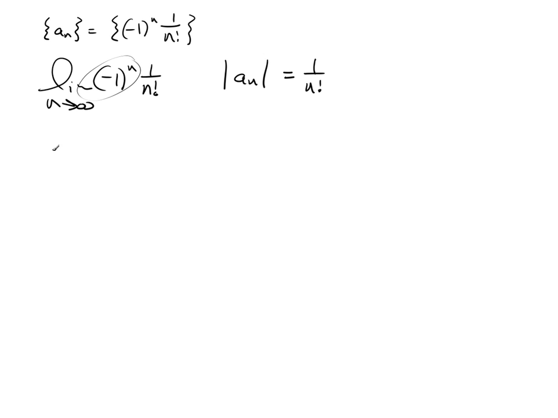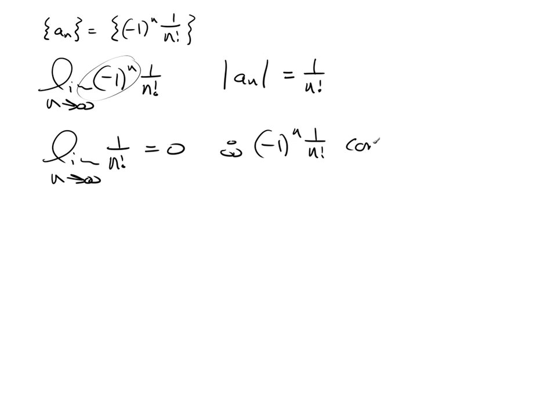So really, based on that theorem, I can take a look at the limit as n goes to infinity of 1 over n factorial, which is clearly equal to 0. Therefore, (-1)^n times 1 over n factorial converges